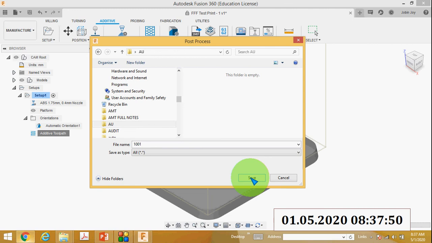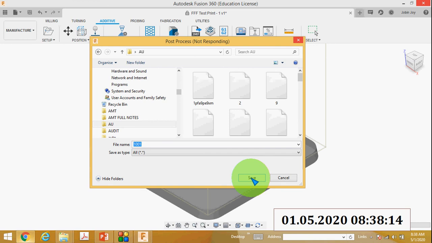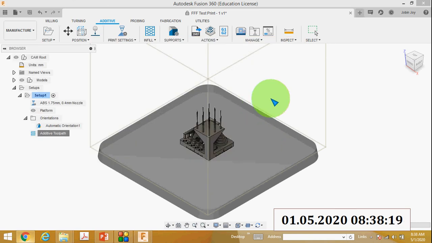Then I will save this code file into that folder. This code is actually generated.